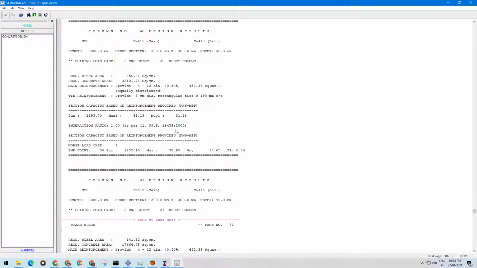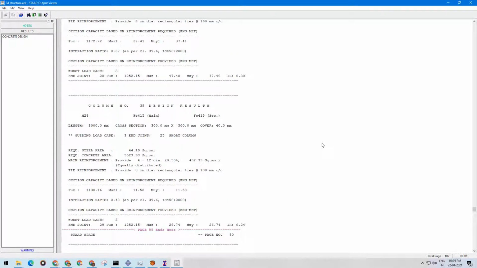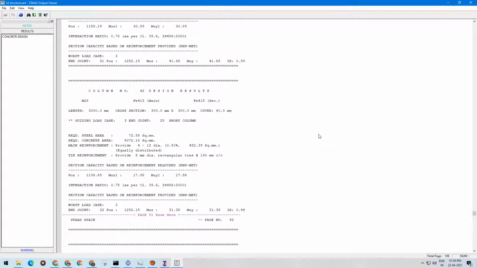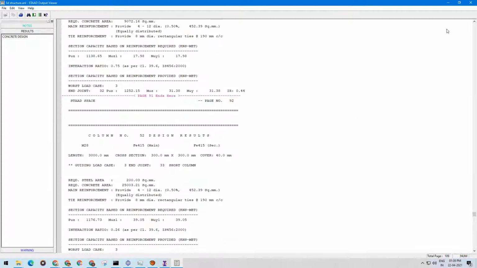These are the column design. So you can see the PUZ, MUZ1 and MUI1, and according to that what is the load case, critical load case for which it has been designed, and what are the reinforcement details that you have to provide. So all things have been provided in the STAAD.Output viewer. Okay,